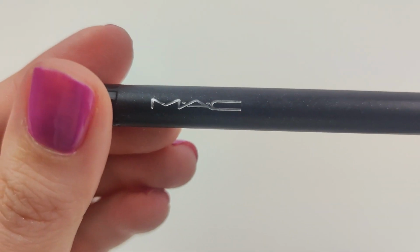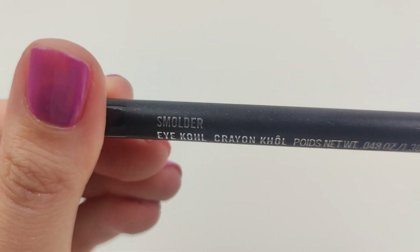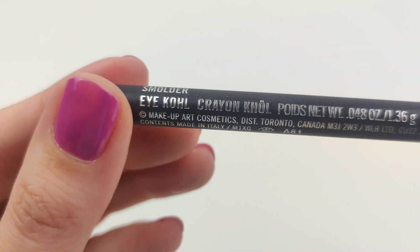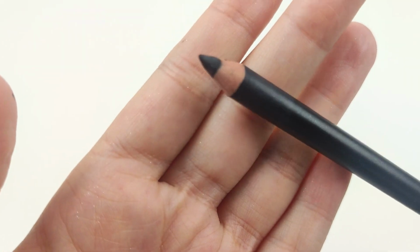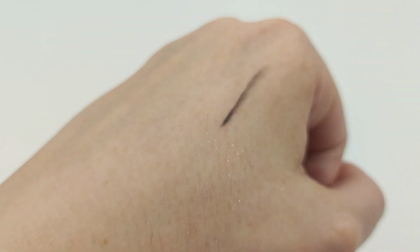Next, we're moving on to eyeliner. And for that classic look, I always reach for my MAC Eye Kohl in Smolder. This pencil is just the right balance of softness and firmness, making it perfect for defining the waterline. Plus, if you're aiming for a more dramatic look, you can smoothly apply it to the upper lash line for